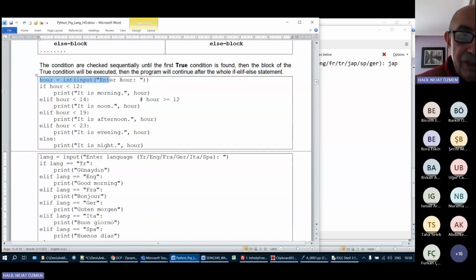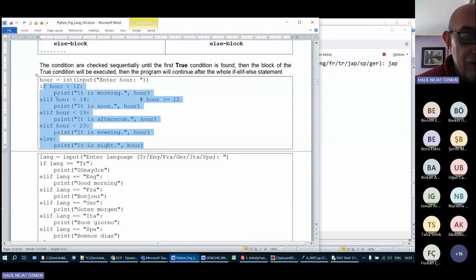Another one, hour, enter hour. If less than 12, you print it is morning. If it is between 12 and 14, it is noon. If it is after 14 and less than 19, it's afternoon. If it is not less than 19, but up to 23, evening, otherwise it is night, etc. So you can have things like this. Here again, there are ranges. Of course, these hours are not very precise. If the hour is less than 5 or 6, then it is night anyway. But anyway,